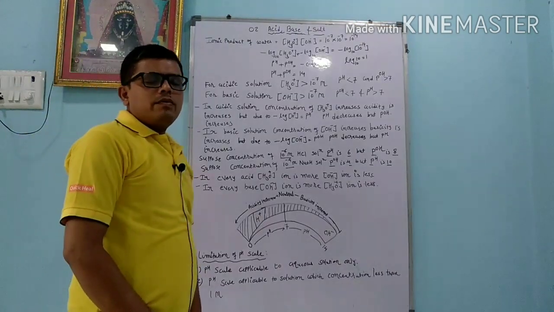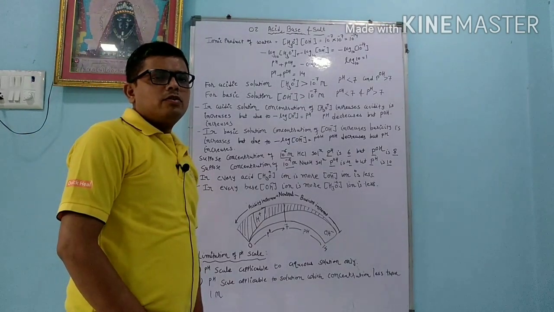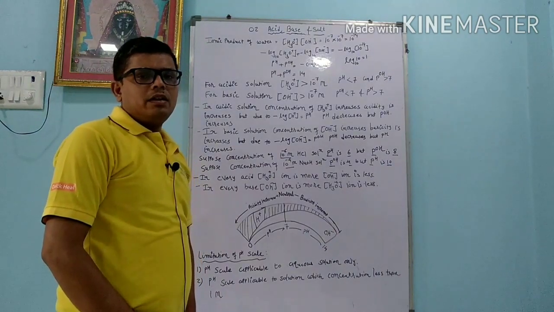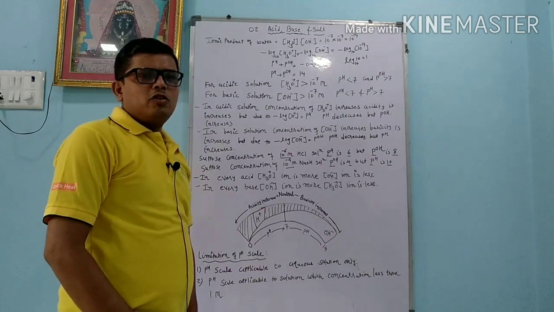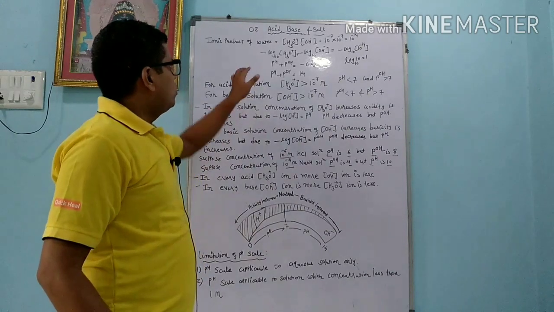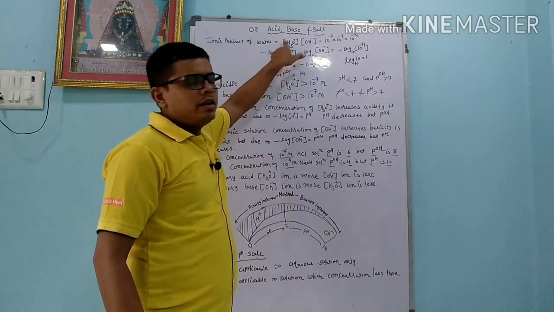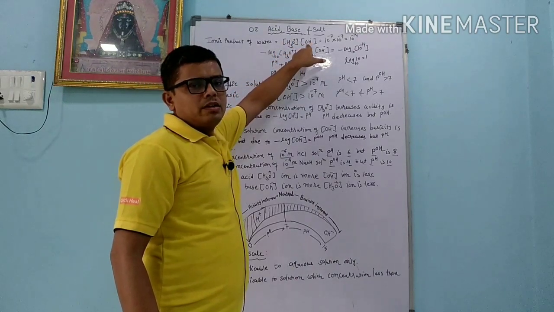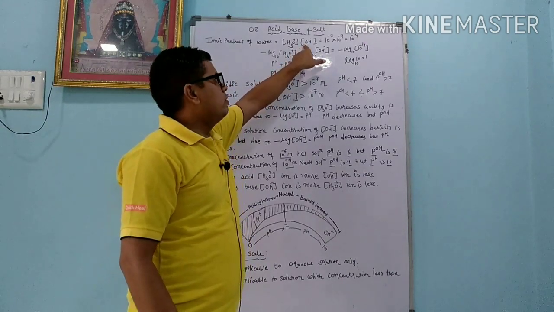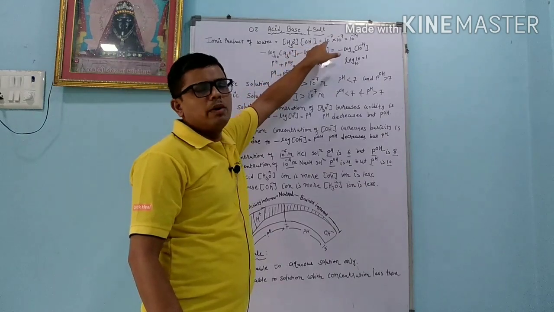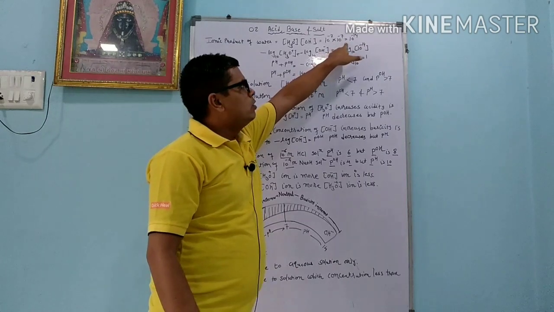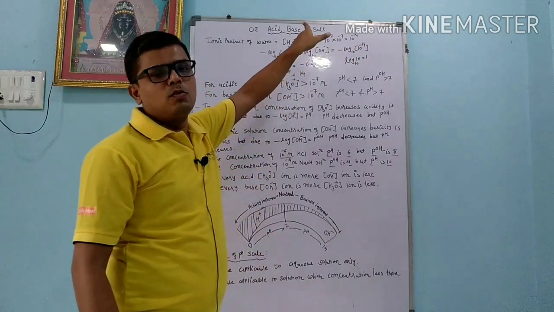Dear student, we are going to learn the ionic product of water. Ionic product of water means in water two ions are there, H3O plus ion and OH minus ion. Instead of H3O plus ion, you can also write H plus ion according to Arrhenius theory. So ionic product of water equals concentration of H3O plus ion times concentration of OH minus ion. Square brackets indicate concentration in molarity. Concentration of H3O plus ion is 10 raised to minus 7 molar, and concentration of OH minus ion is 10 raised to minus 7 molar, which equals 10 raised to minus 14. This is possible in distilled water only.